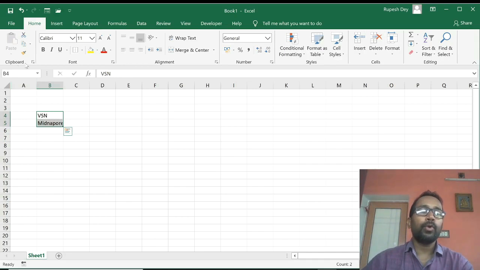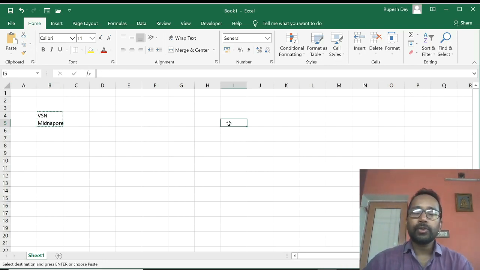Then we will go to the clipboard group of the Home ribbon where you will find a button called Copy. Click on that Copy button. A moving dashed outline will appear around the selected cells. So in this case, the contents of these two cells will be copied to the clipboard, which is a temporary memory area used by all the applications of the Windows operating system to store cut and copied data and objects. Now you select the cell where you want to paste the copied data. Then again you go to the clipboard group and click on this Paste button.